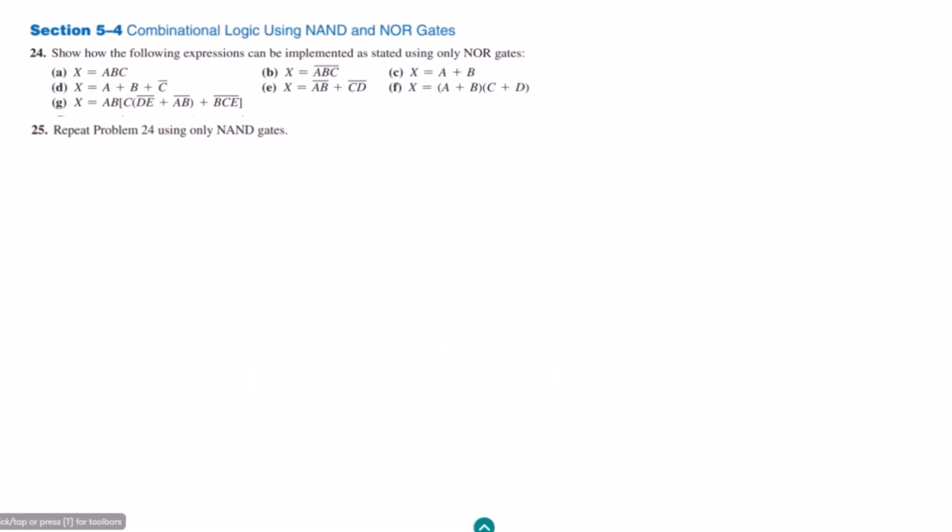Welcome back, guys. So this is question 25, and in the previous video we have seen that we implemented part A, part B, part C by using the NAND gate. So today we are going to talk about the remaining parts. So the part D here is